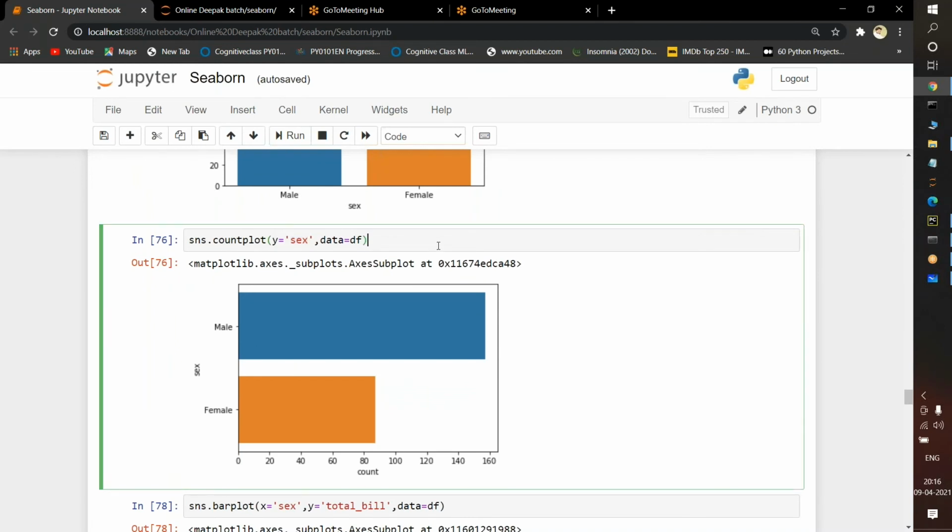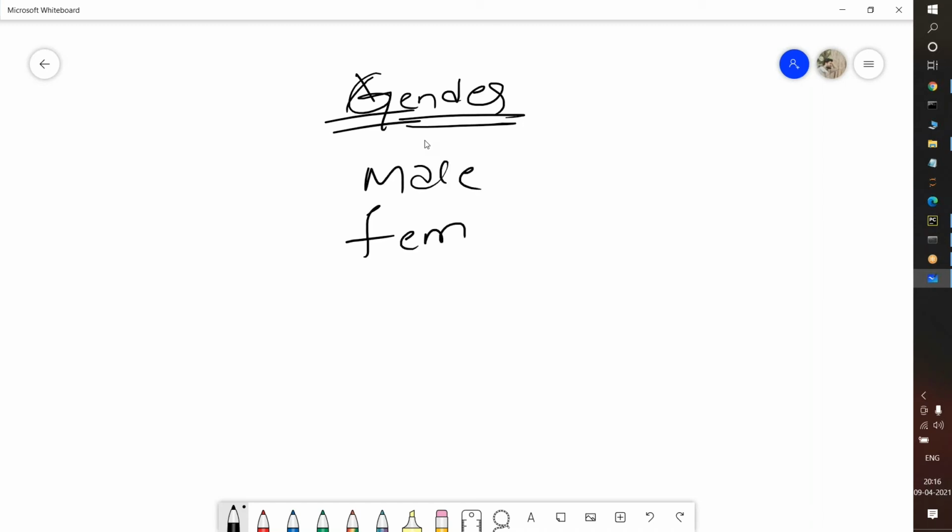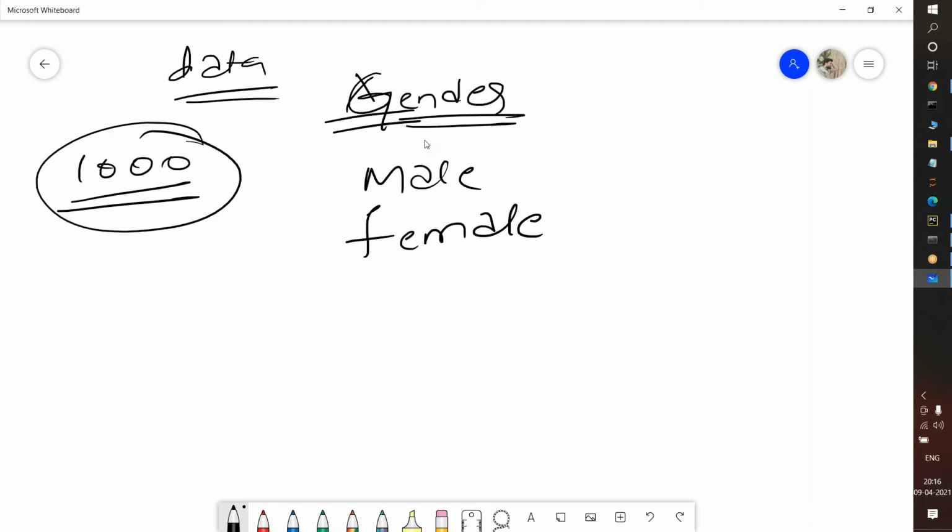Sir, what does the count part indicate? Suppose I am having a column here, Praveen. Suppose I consider this column as a gender column. In this gender column, I have male, female like that, and for the entire dataset, suppose I have 1000 rows.